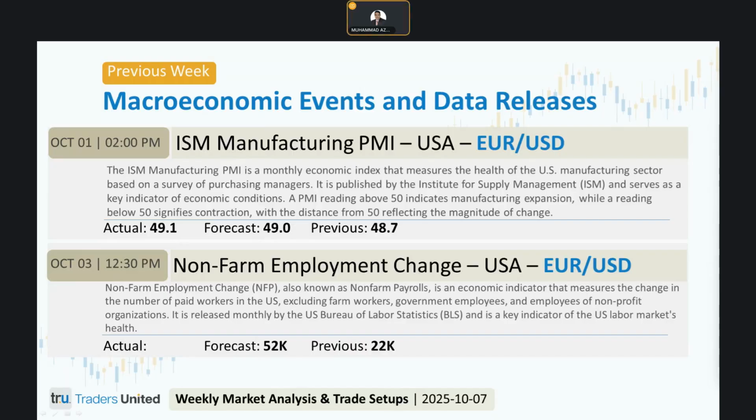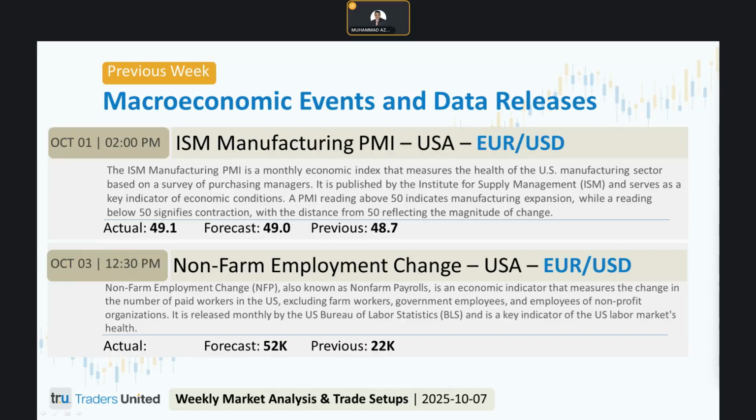The unprecedented event, a data blackout. People were not expecting that to happen. So, in a highly unusual turn of financial events, the Bureau of Labor Statistics did not release the non-farm payrolls report as scheduled. The official reason is the lapse in federal government funding. This created an immediate information void, removing the single most important data point for assessing the USA's labor market's health.